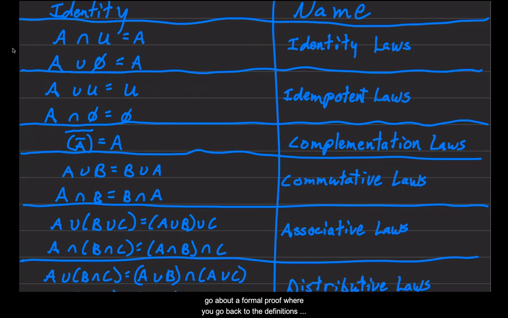One, you could go about a formal proof, where you go back to the definitions and you prove which elements are in which set, and you can go through a complete actual formal proof. And the other way is to just get an idea of what's going on, and you can do that through the use of Venn diagrams. So I'll just kind of scroll through these